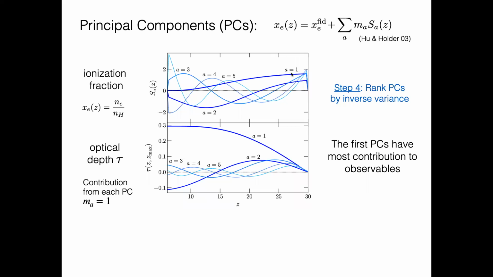The first mode is almost just like an optical depth, with a slightly higher weight toward the high redshift. The second mode allows you to change high redshift versus low redshift ionization. And the other modes start to fluctuate more and more, looking sort of like a Fourier decomposition. Here we plot the cumulative optical depth, and you can see over here the total tau, total optical depth. The first pieces give the most contribution to it, which makes sense because they should leave the most observable impact.